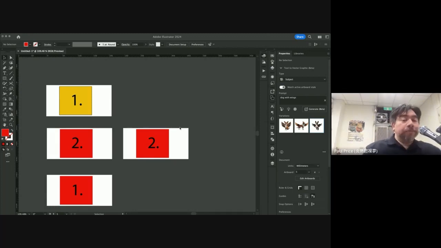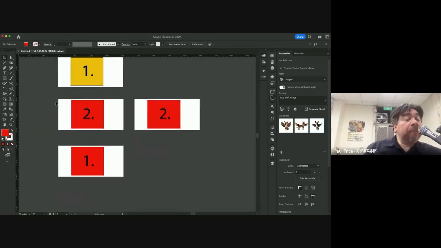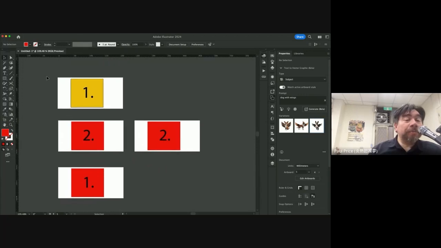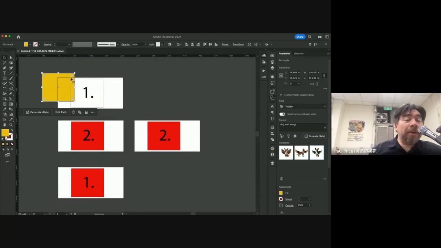Okay, continue. For the people who want to, let's talk a little bit about this slice tool. This is used if you're doing graphic design for websites. If you have multiple images, for example, if you want to work on that